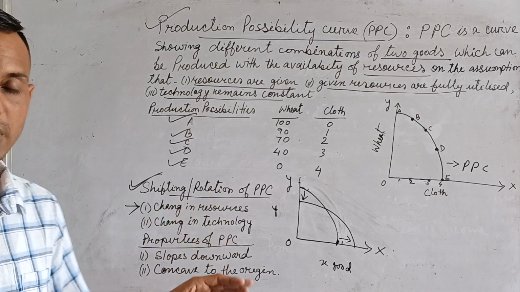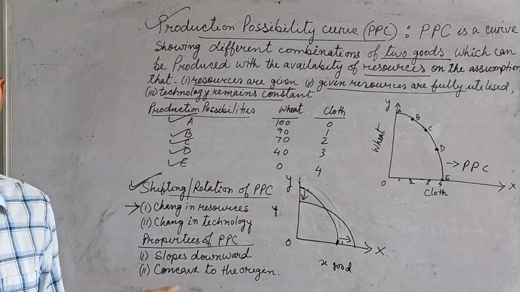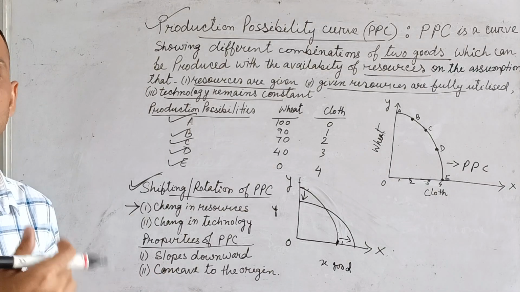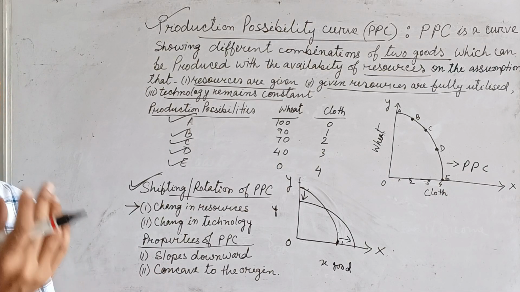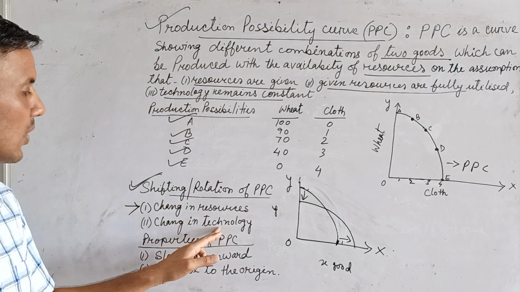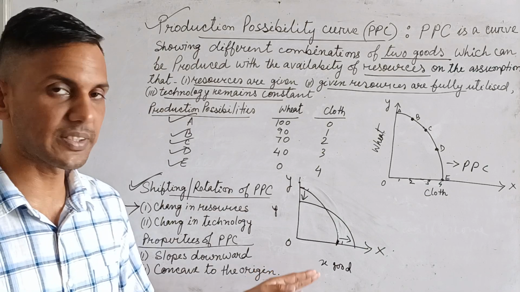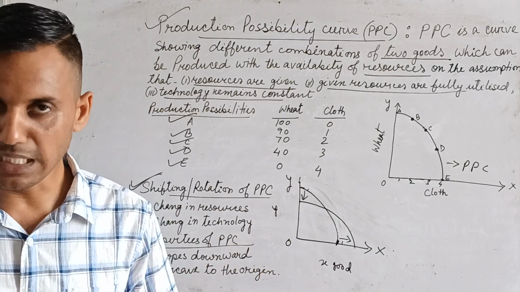Okay. So shifting and rotation of PPC means what? Change in resources. Increase in resources. Resources are increased, so PPC will shift to the right. Resources are reduced, so PPC will shift to the left. Change in technology. If efficient technology is used only for the production of X, then X production will increase and